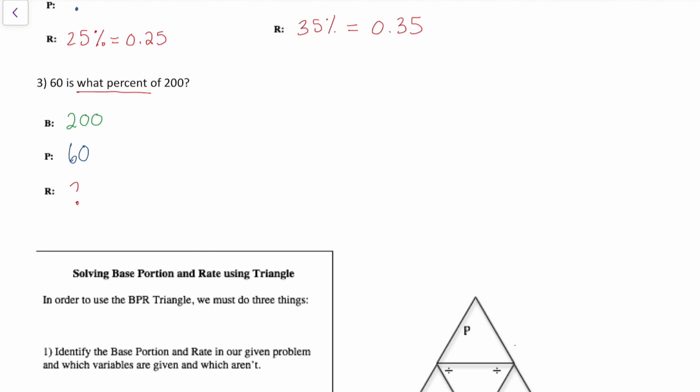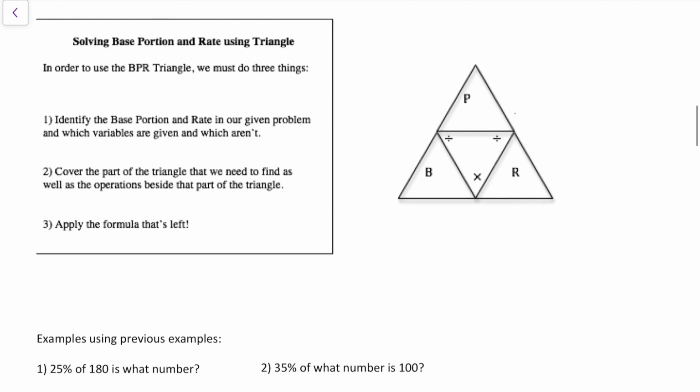So now we've practiced how to pick them out as base, portion, or rate. Let's look at how to actually use this. So this is our base, portion, rate triangle. In order to do this, again, we start off with identifying what is the base, what is the portion, what is the rate, what am I looking for? You're going to cover the part of the triangle that is what you're looking for, and what is left will